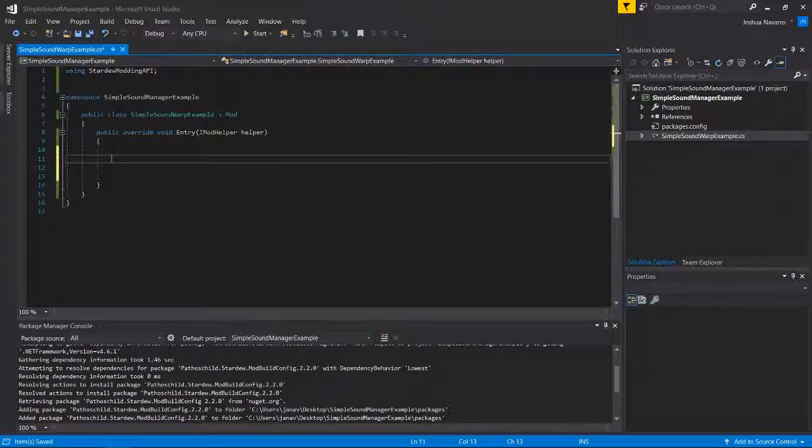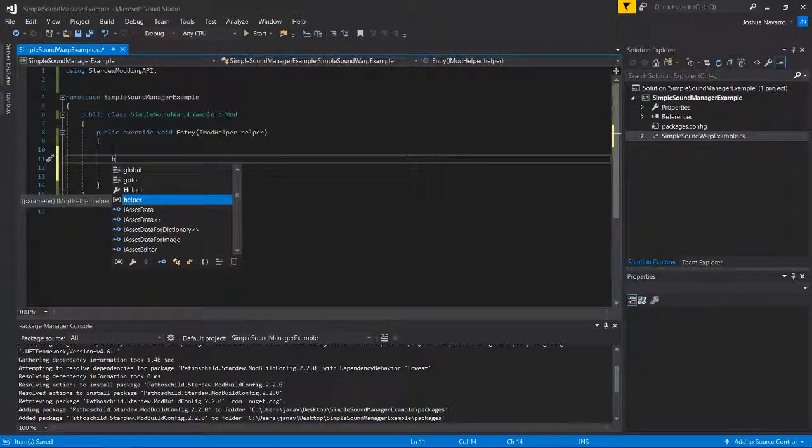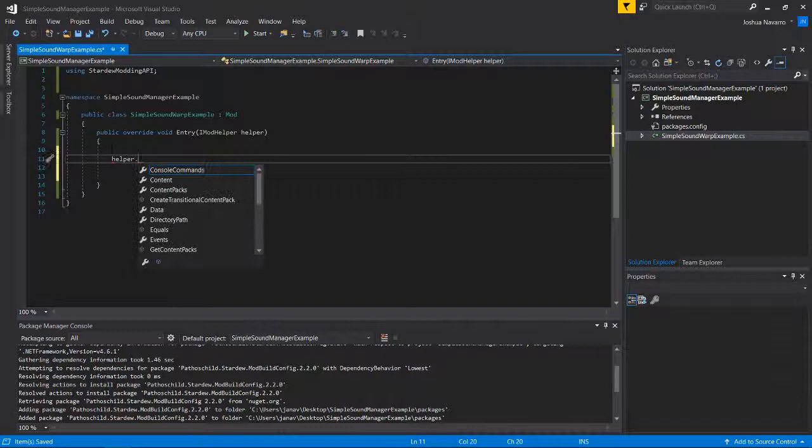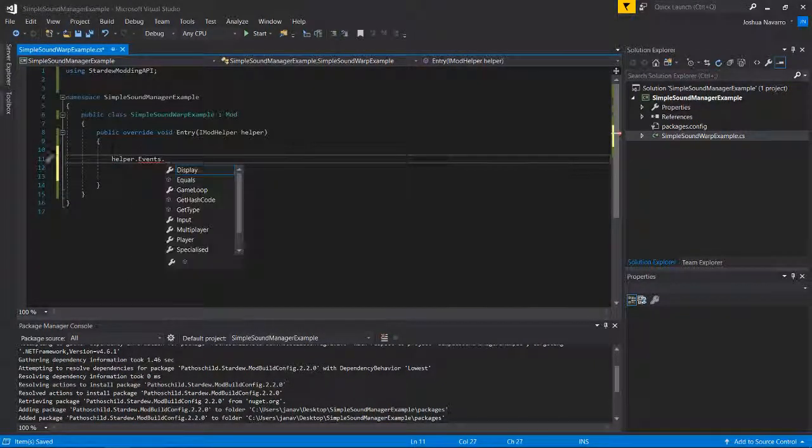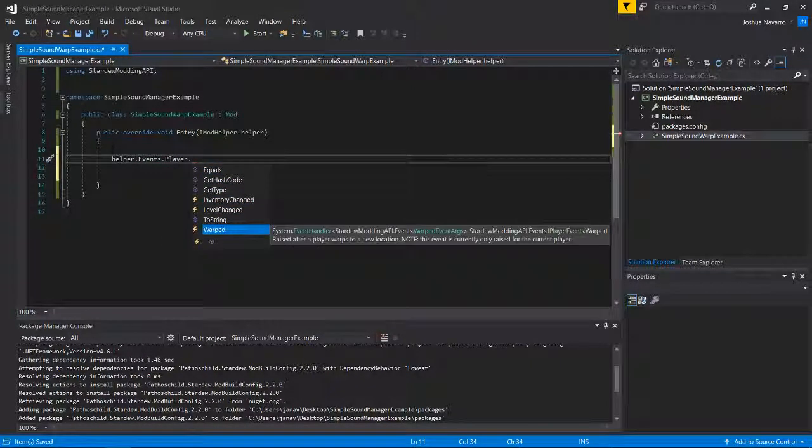Actually, we might need helper. Yeah, we should. I think right now we can say helper.events. I think it's player warped, yes. And so what I'm trying to do with this is I'm saying every time I warp, I want